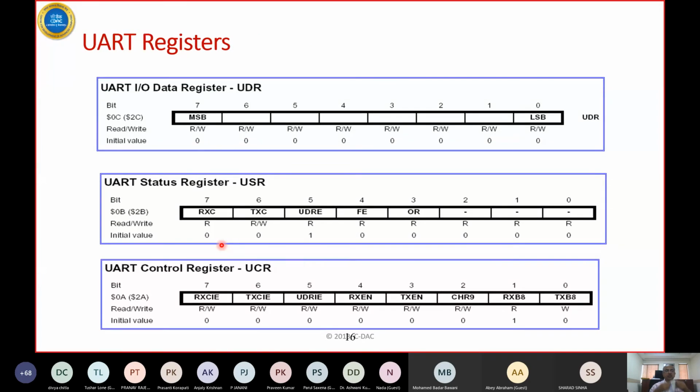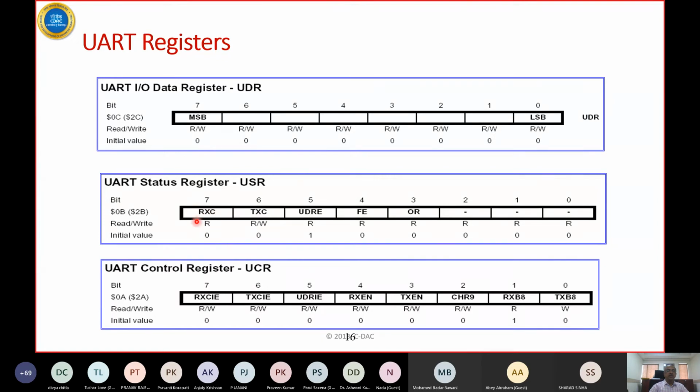So what does the programmer do? The programmer has 3 registers through which he will access the UART. Typically, a data register through which data is sent or received, and a status register in which he can check whether RX is complete or TX is complete. So suppose a previous data byte is being transmitted, then until TX becomes complete, the next data will not be loaded. Similarly, it is waiting for a byte to come.